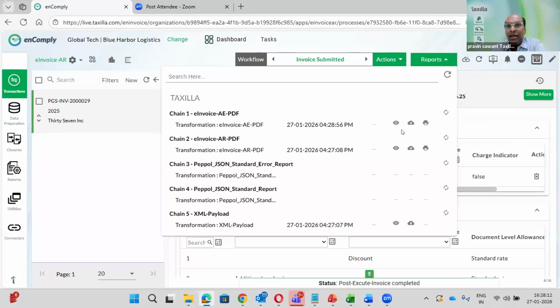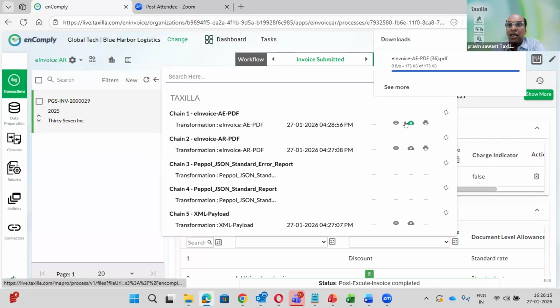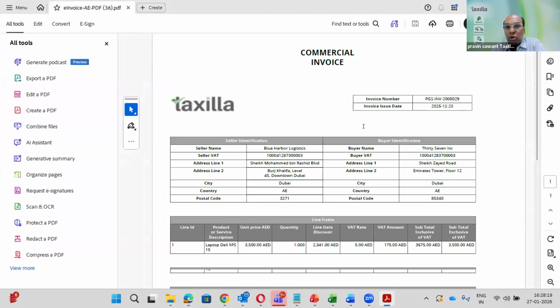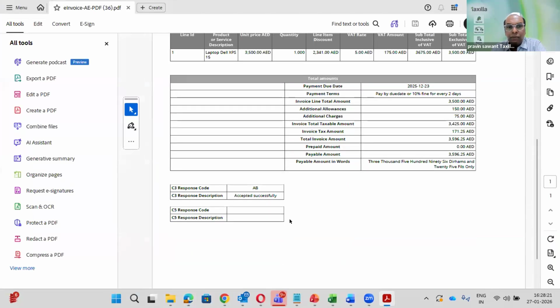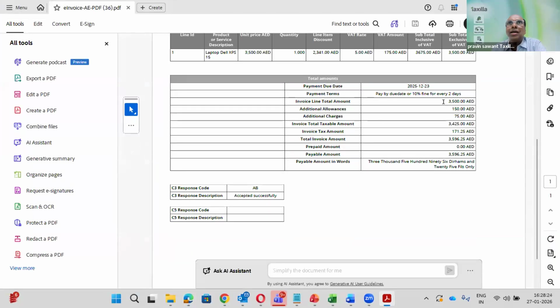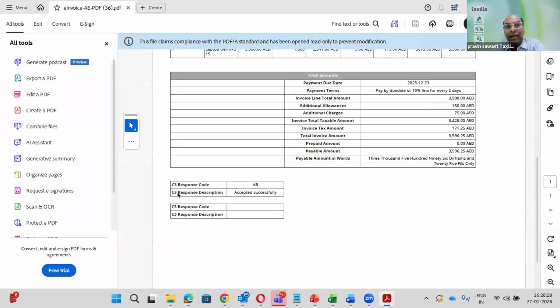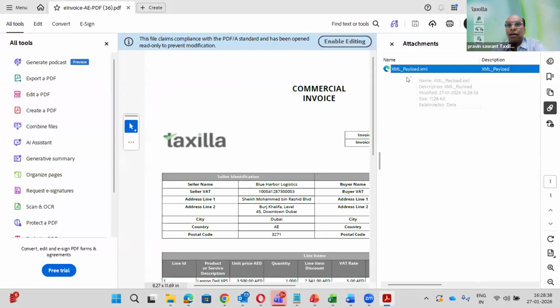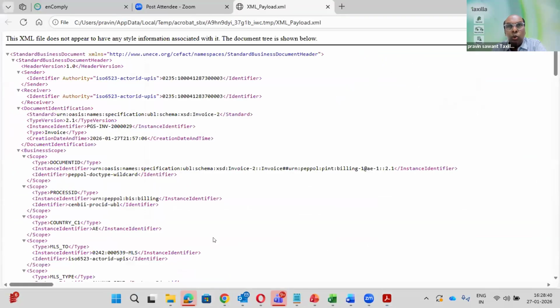So what is our suggestion? What we recommend as SNB is that you should have this particular table under your current PDF copy, what you are generating currently, where you can say that C3 and C5 accepted. That is point number one. Second, you can see the attachment here. When you click here, this is the XML, called PINT AE, which we have posted to the FTA and the buyer.